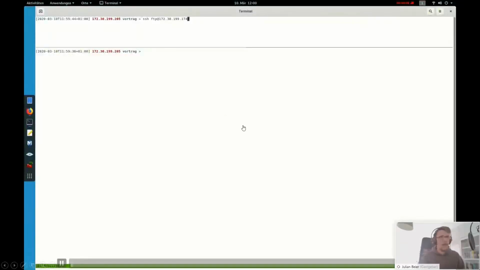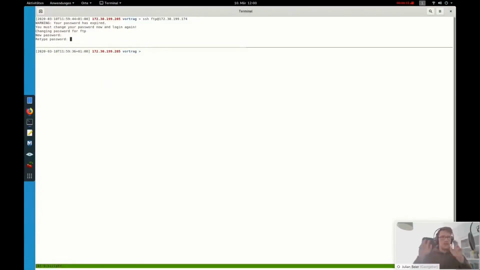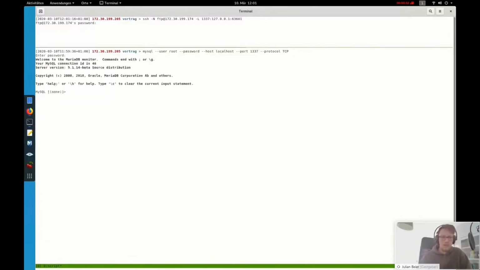So at first we log in as the FTP user, and this is the prompt that I mentioned earlier. In this case, the password has expired and we have to set a new password for the FTP user. Then we can do the port forwarding, and we forward the MySQL port to our local port 1337. And now we can just connect to it via MySQL.